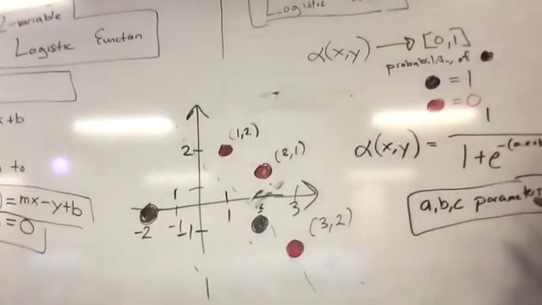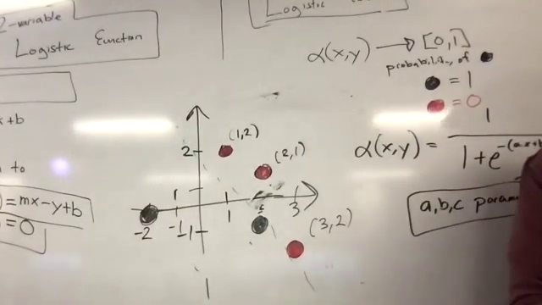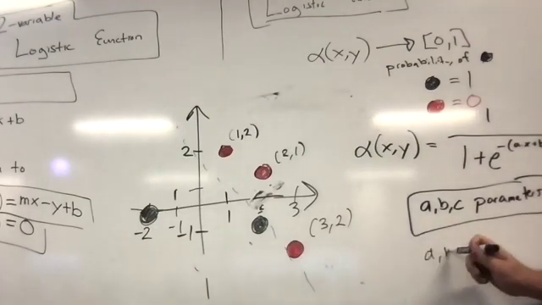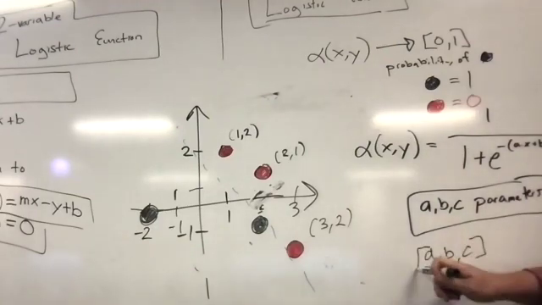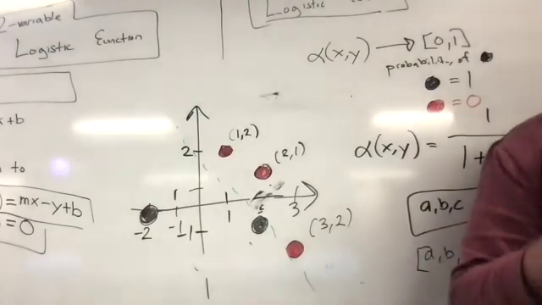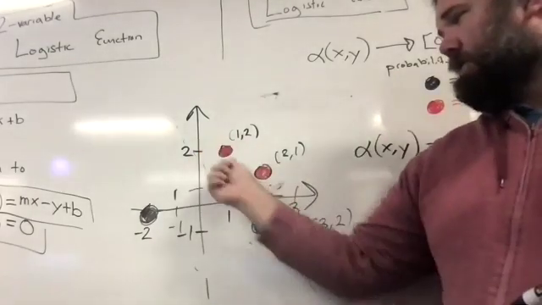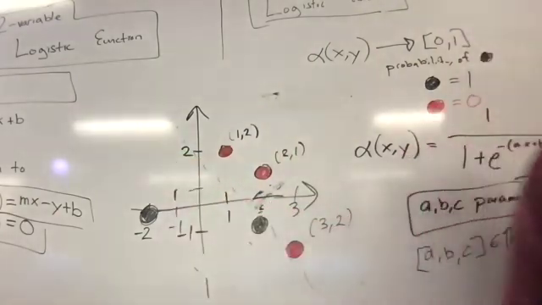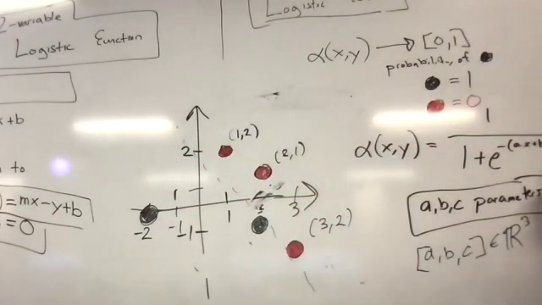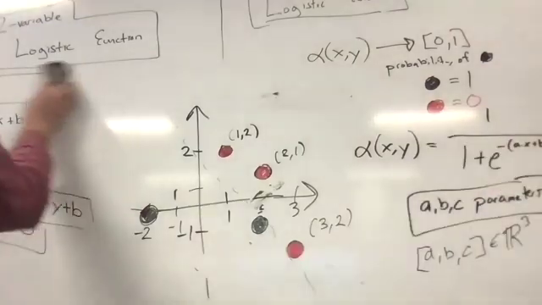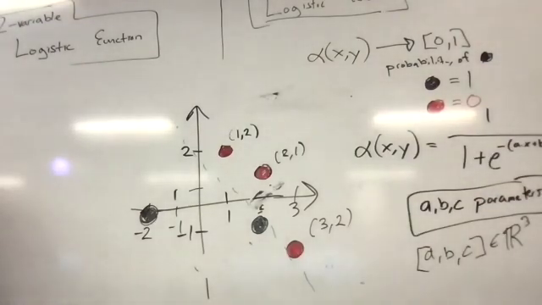Now, I can think of a, b, and c as living where? Think of a, b, and c as being its own thing in R3. Do you agree? Yeah. So I have what is called a dual interpretation. I have these vectors that are actually plugged into the function, but then I can think of the parameters of the function as being its own vector. Does that make sense? And so every a, b, c value that you give me is going to give a different one of these functions. What are we going to do? We're going to define another function, which given